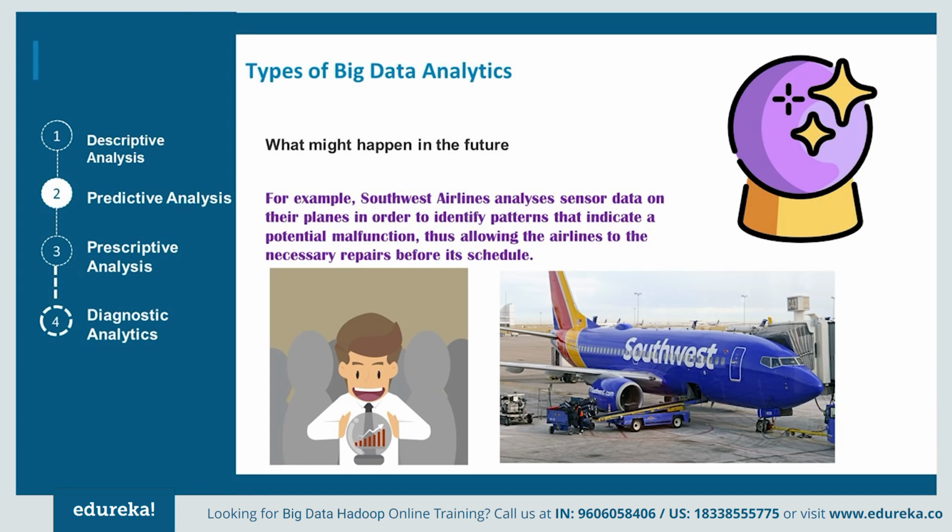So an example of this type of analytics is Southwest Airlines. So Southwest analyzes their sensor data on the planes to identify the potential malfunctions or safety issues. So basically, this allows the airline to address the possible problems and then make repairs without interrupting the flights or putting the passengers in danger. So this is a very great use of predictive analytics to reduce their downtime and losses, as well as prevent delays and various other factors like accidents. So now let's move forward to the third type, which is prescriptive analytics.